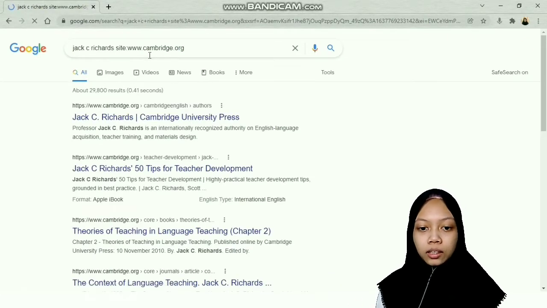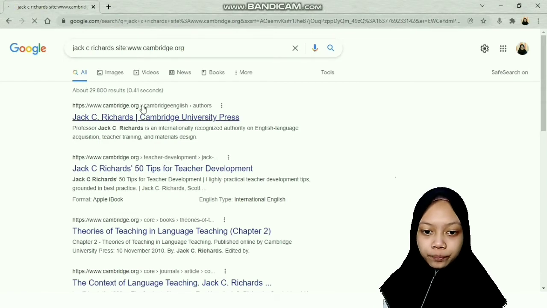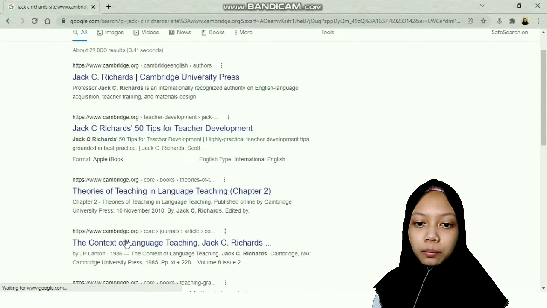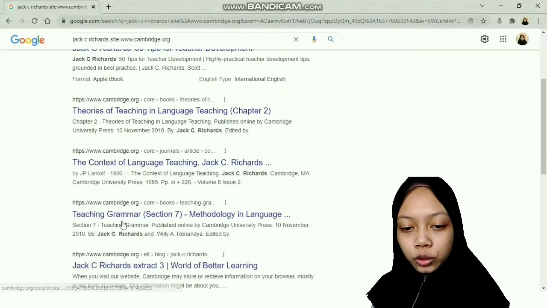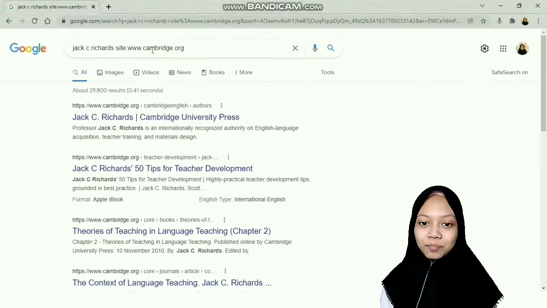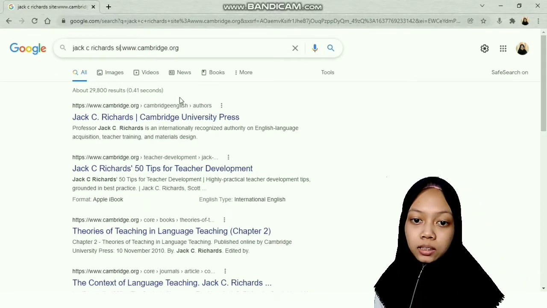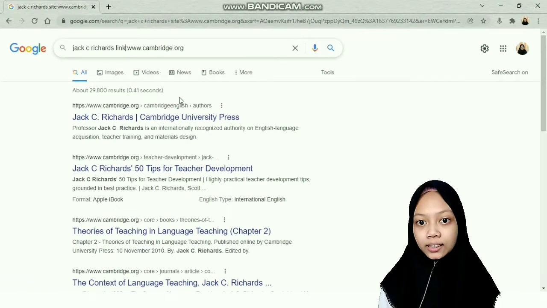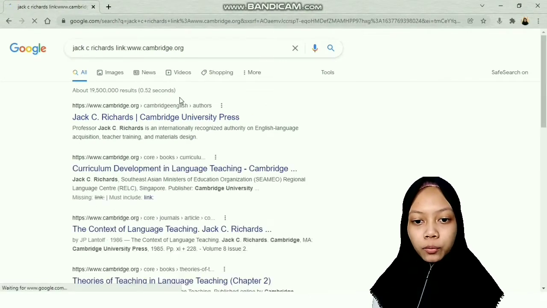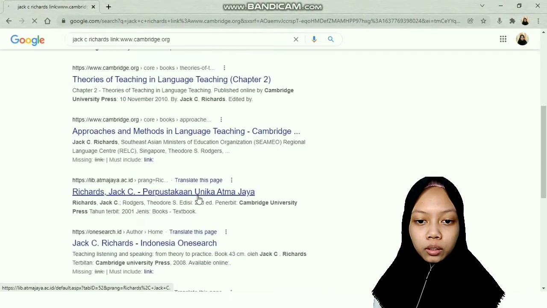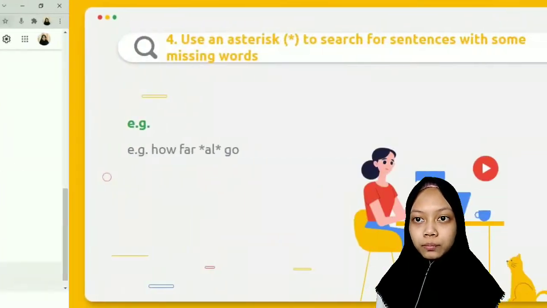Here we can see the results about Jaxi Richards in the www.cambridge.org site, and we can also replace the word site with the word link,